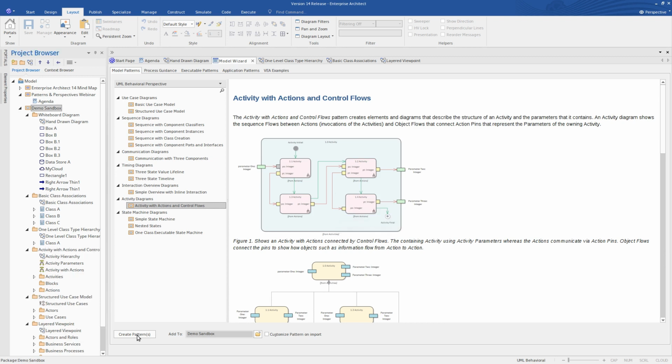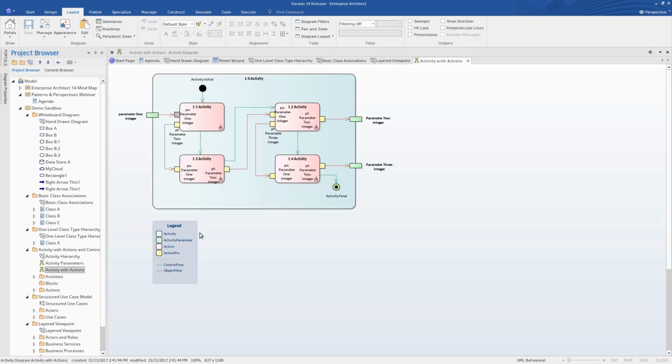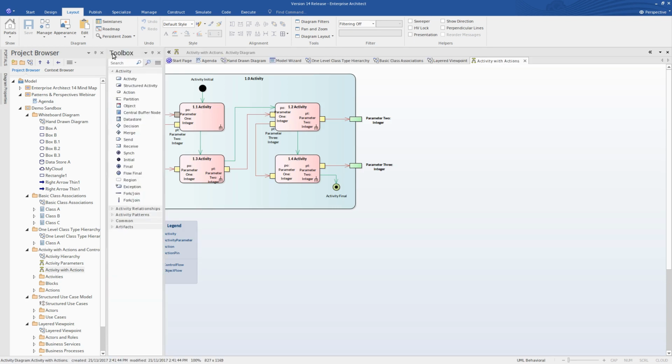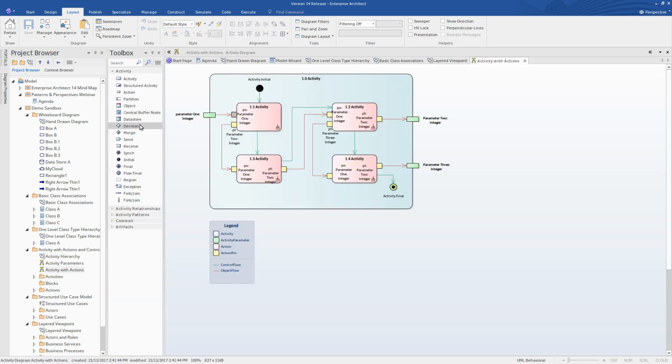And it's a fairly detailed kind of pattern, so here it is in the project browser. Open it up, activity with actions. Now, as I mentioned, we may want to help our users in a number of ways. Again, we may need a reduced set of activity modeling. Perhaps we just want to use a simplified set. And we also want to prevent any errors creeping in just by someone putting, say, a state on this activity